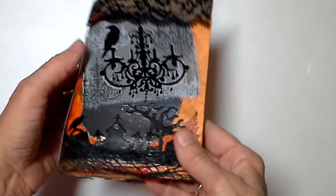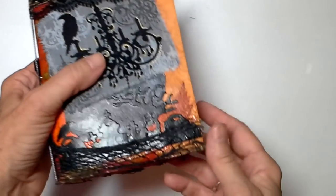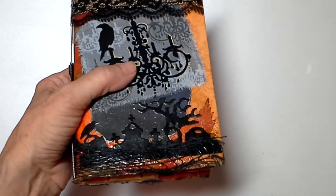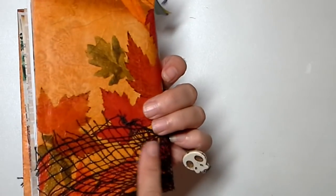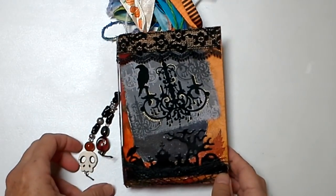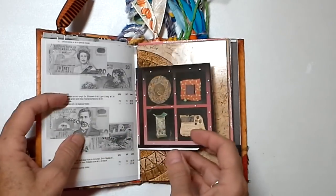This book has the strip, what do you call those things? Like a border strip almost, that has the funny little kind of scary but funny looking tree, and there are tombstones, and there is another crow on a tombstone right there. It does have some lace. It does have this fabric that I got at the dollar store, which I am really loving, and it is all decoupaged together. The crow is sitting on a chandelier,